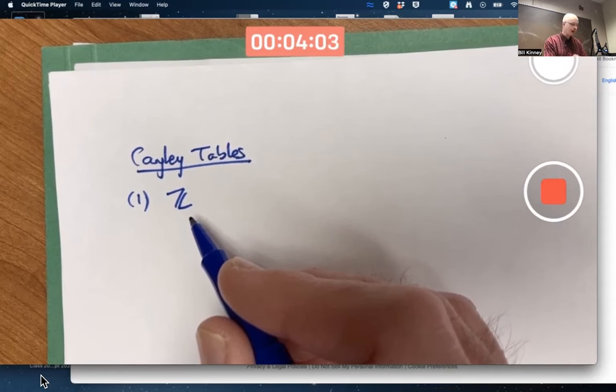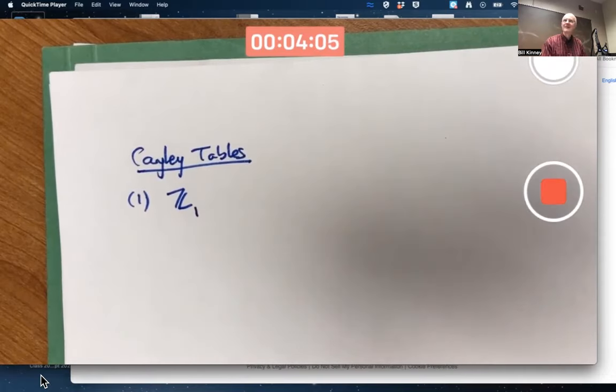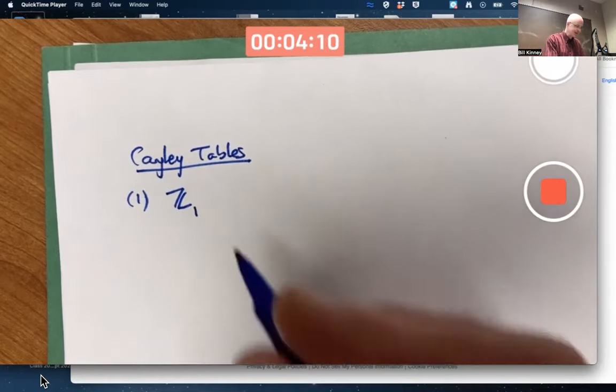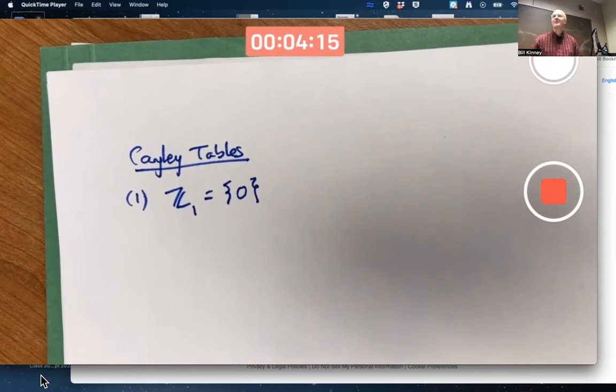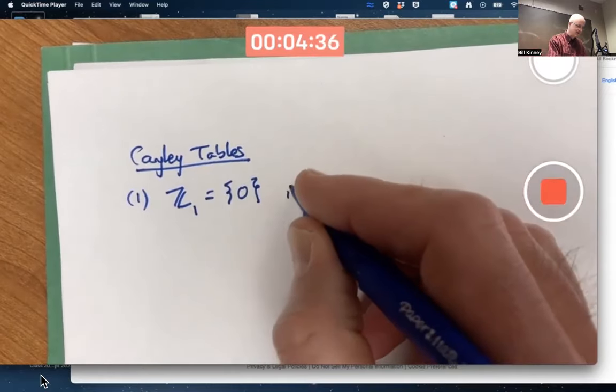Let's start even simpler. What's Z1? The first 1 integer starting with 0. In other words, Z1 as a set is just the set containing 0. This 1 element set is a group under addition. What kind of addition? Actually, you could do any kind of addition you wanted to. This is a trivial group